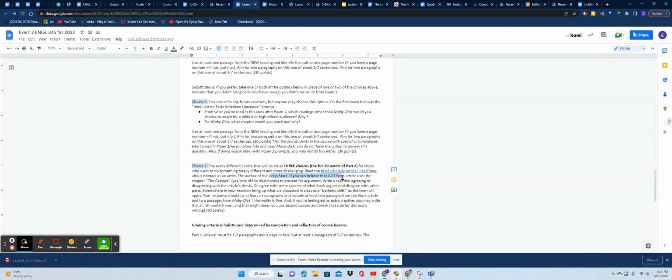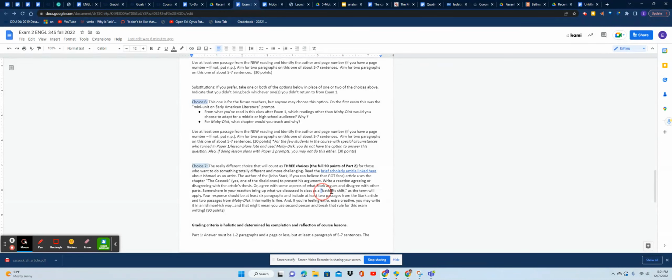He writes about that Cassock chapter, and for lack of a better way to explain it, it's the whale penis chapter where the guy puts on the remnant, so to speak, as a coat. And John Stark in this article argues about how this is not meant to be just this little dirty bit, and it's so much more than that. And he goes into this argument, and I enjoy what he has to say, and I want to know what you think. So you read it, and then you react to the article.